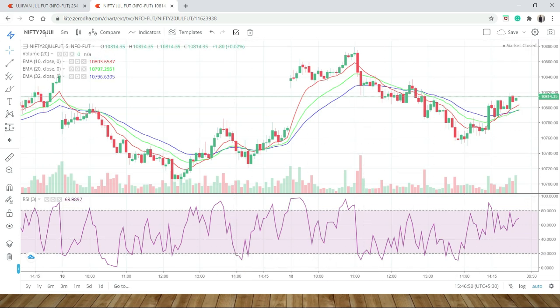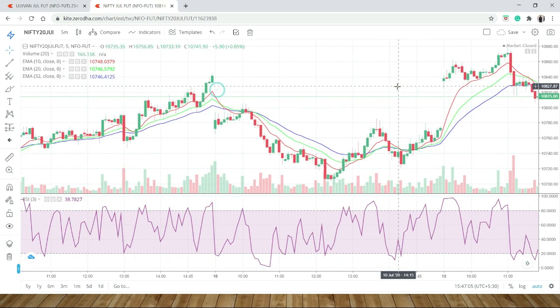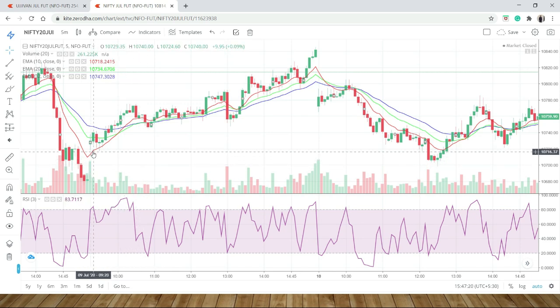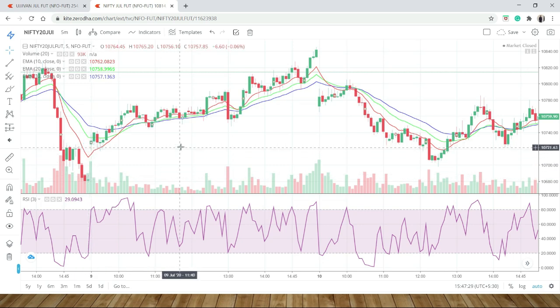So I'm talking about the first index, the Nifty July future. So when the buy call is activated, let's say we talk about this date, 9 July. On 9 July it is somewhat gap up. The closing price is 10,600 and the market opened at 10,725, and the market is going in an upward direction.